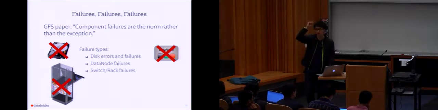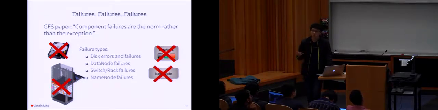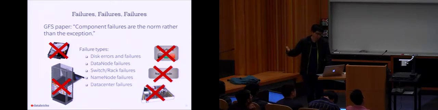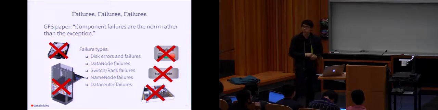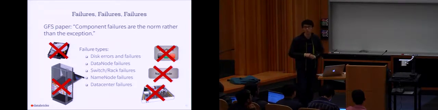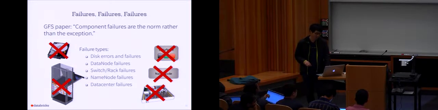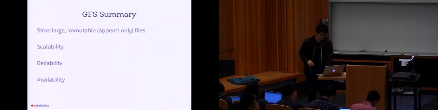And the top-of-rack switch, as I said, might fail. Or maybe the whole data center switch backbone could fail. The name nodes themselves could fail. Sometimes the whole data center could fail. I don't think GFS was actually designed to mitigate the last one. If the whole data center goes down, pretty much the Google file system goes down. Although there are newer systems that try to do cross-data center replication, so you can actually protect against, for example, earthquakes.